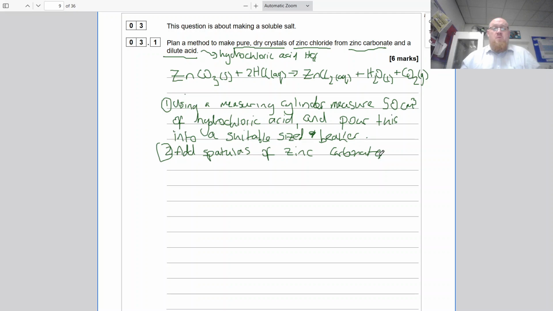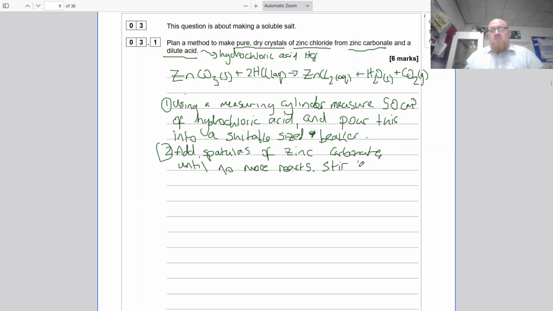We want an excess of it, and the reason we use an excess is so that there's no more hydrochloric acid lying around. So we add spatulas of zinc carbonate until no more reacts. Now, it might be that you want to heat this to make sure all of it has reacted and it reacts more quickly. But in this case, because it's a carbonate, they usually react relatively quickly anyway,